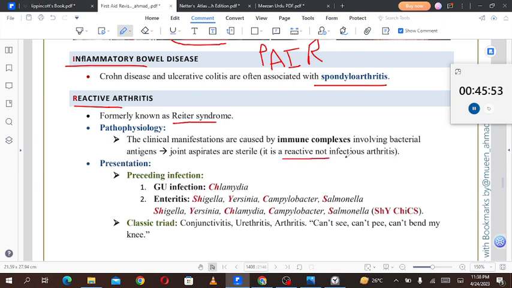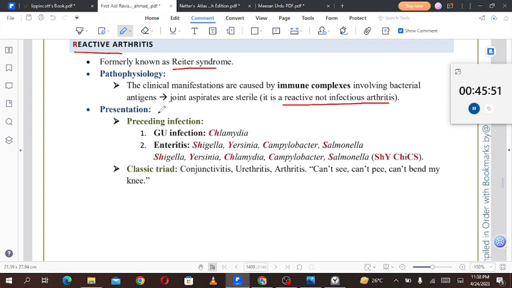It is a reactive, not infectious, arthritis. Presentation: preceding infection. Genitourinary infections can cause it, such as chlamydia, and enteritis from Shigella, Yersinia, Campylobacter, and Salmonella. Okay, so preceding infection, if the